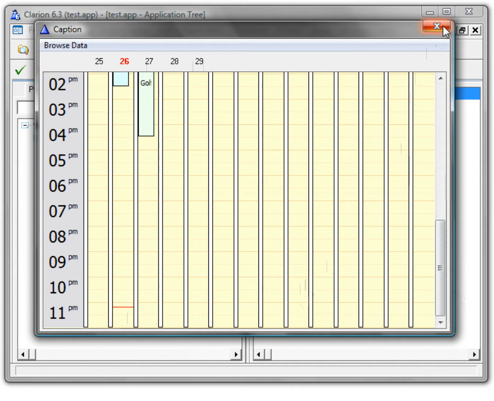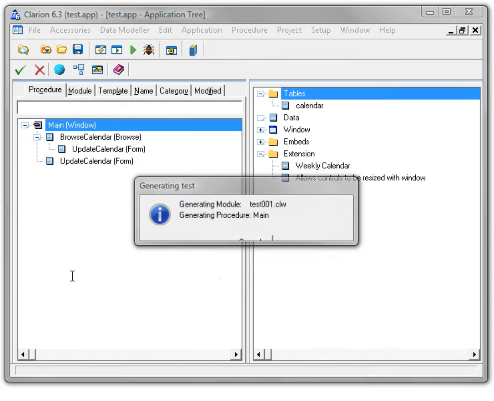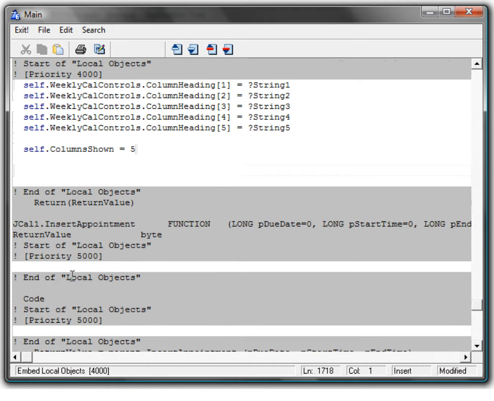Okay, that's default behavior. That can't be changed in the template, but it can be changed in the init method if you know what to change. Alright, let's set our column shown back to 5,